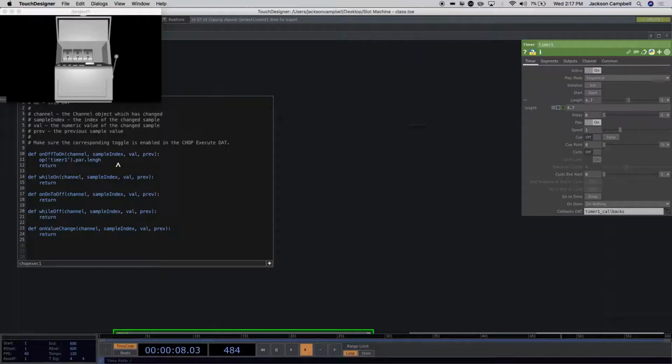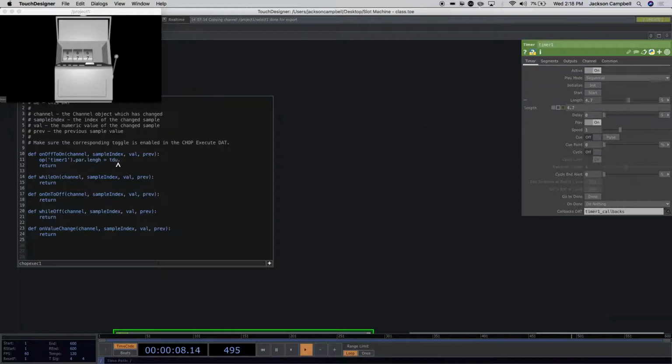Okay, so we can use Python to create a random number. There are different Python commands, probably more than one that create random numbers. There's a really useful built-in Python function suite that's built into TouchDesigner called TDU, TouchDesigner Utilities. And we're going to use that because then we don't have to worry about something not being installed on somebody's computer. So we say op('timer1').par.length equals